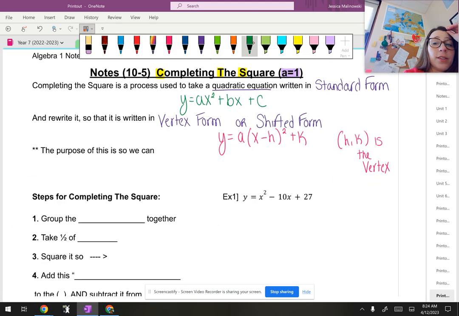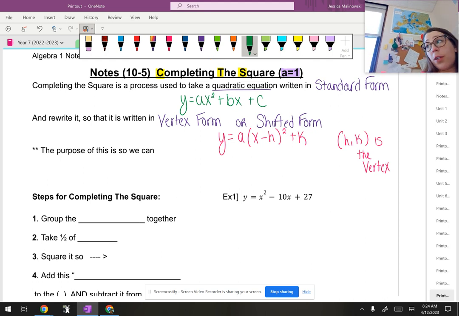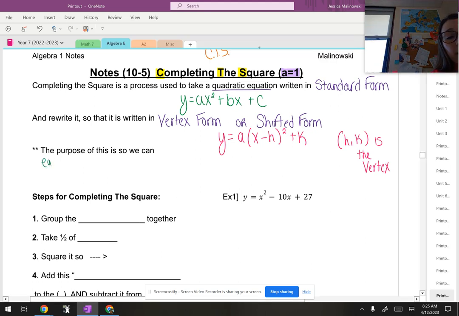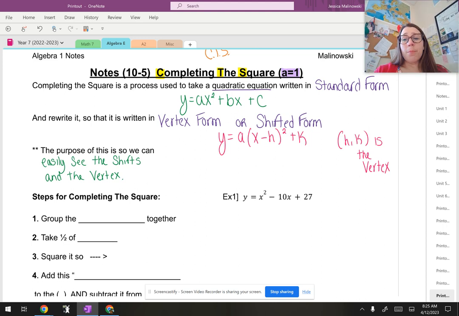The purpose of this, why this is something that we do, is so that we can easily see the shifts and the vertex, hence the name of the form. Back in the day, once upon a long time ago, before graphing calculators existed and you graphed everything by hand, this was used to help graph. It made graphing quadratics a lot easier. So yeah, okay, we'll take a look at this process and